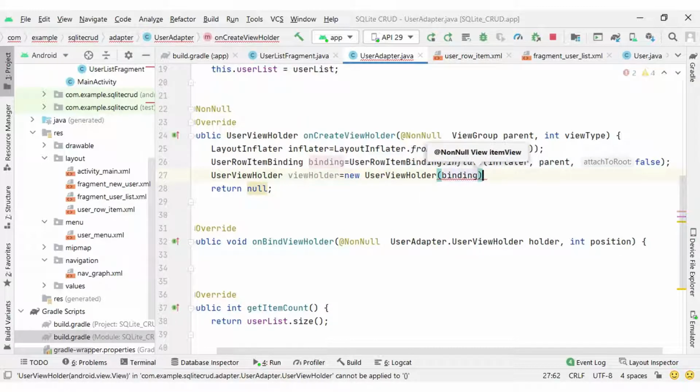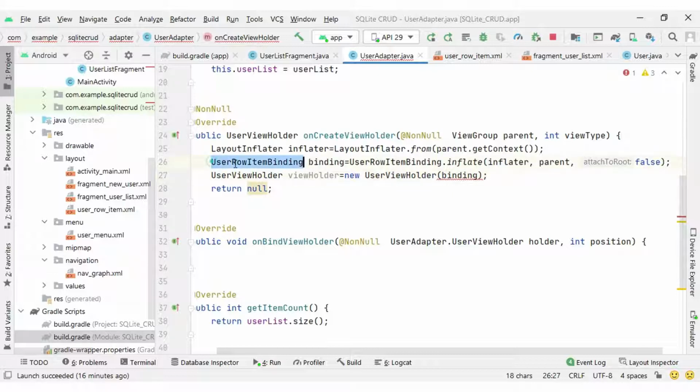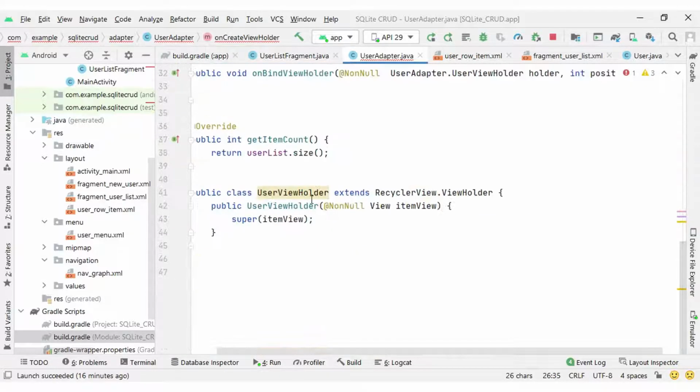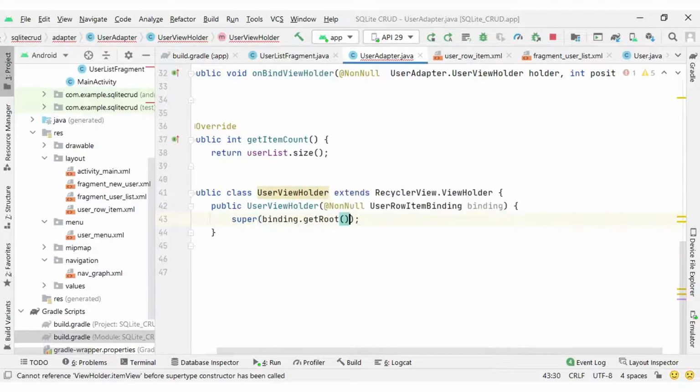So you can see we just pass the binding instance with our UserViewHolder, and that binding instance we also need to set inside our view holder. Okay, so here I am going to change the constructor, but in the super call we need to pass the view only. So we can write here binding.getRoot.